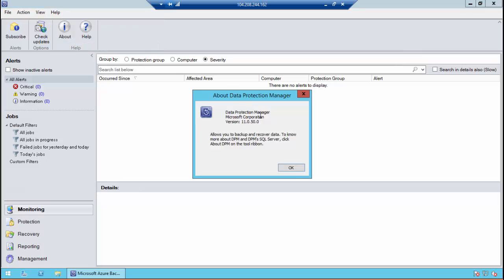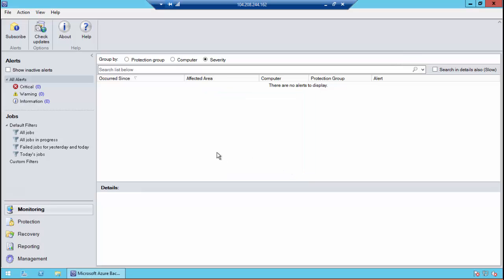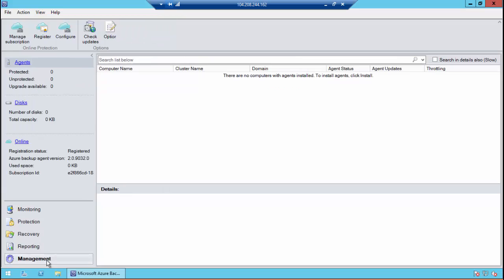So to me, it feels like they took the code base and modified it and added the new code for Azure Backup Server, but they haven't completely changed the branding and everything else yet. Having said that, though, this is quite feature rich and complete, so it actually has all the Azure Backup components in here. So the first thing we're going to do over here is go to Management,